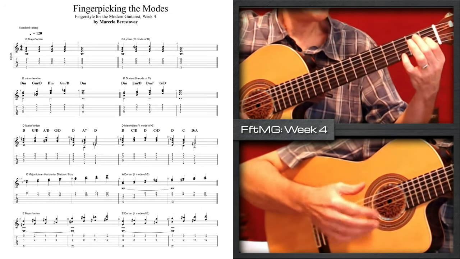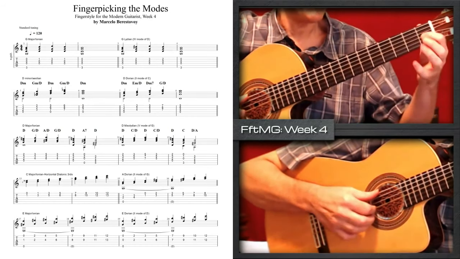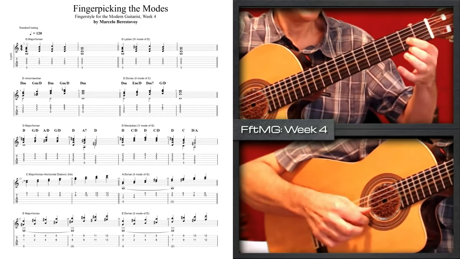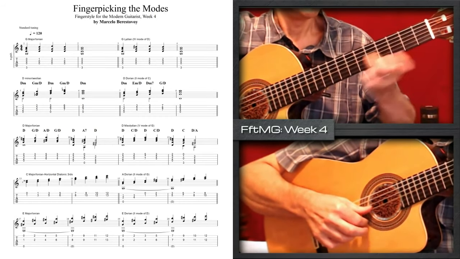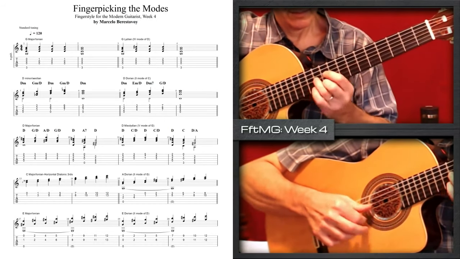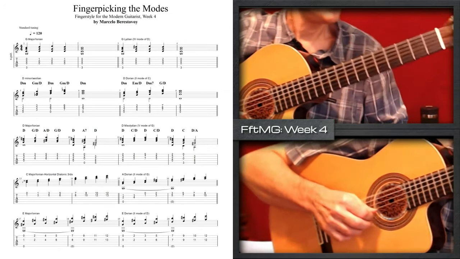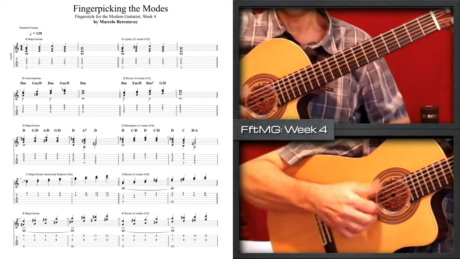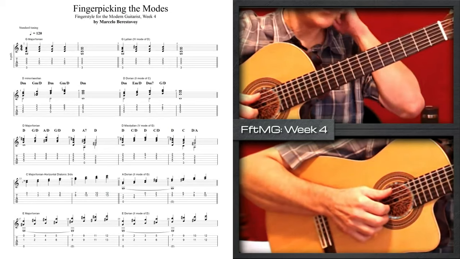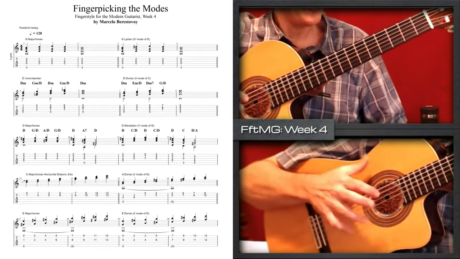Now if instead of doing the major, I want to do the Dorian, I'm going to have to change this note to a G natural, and now I'm going to have, as shown on measure 19. You know, I put a bass note there so you can play around with it. So you can also take one note at a time. So you can look, for example, at measure 19 and say, instead of playing the two notes, I'm going to